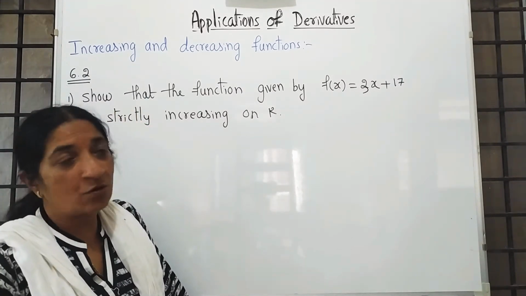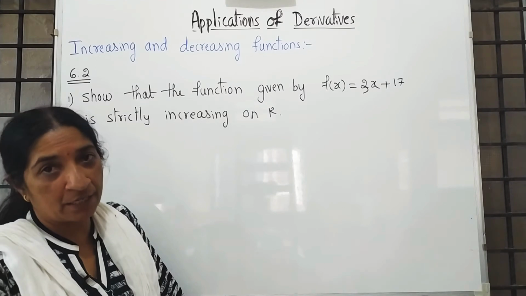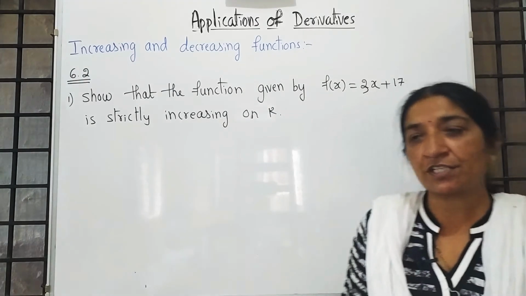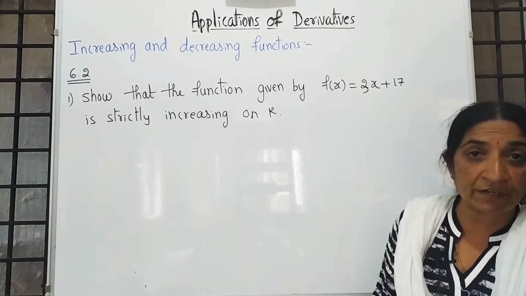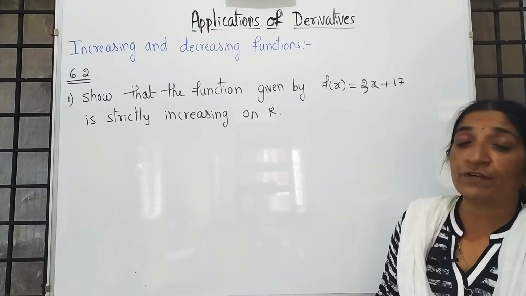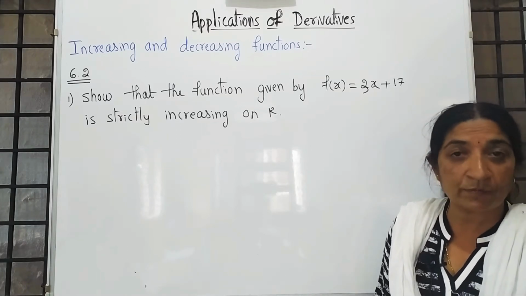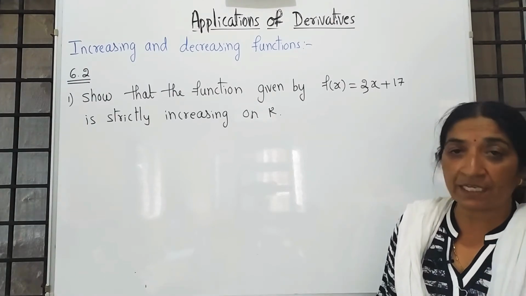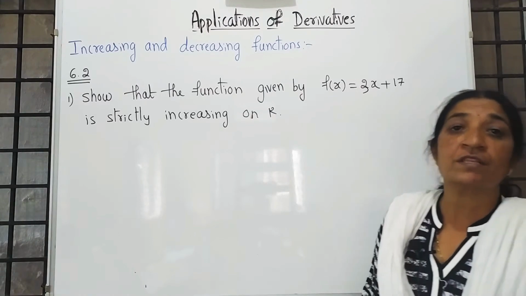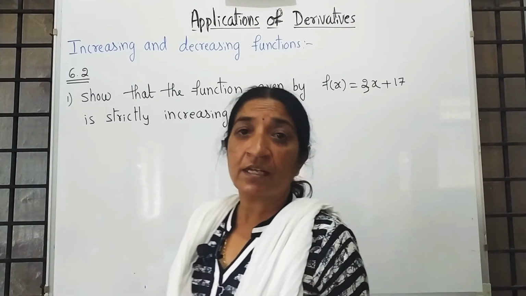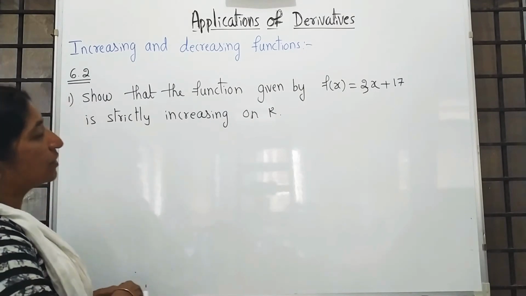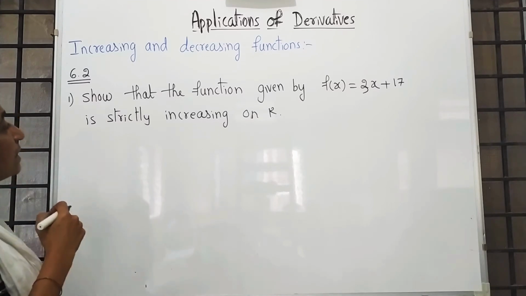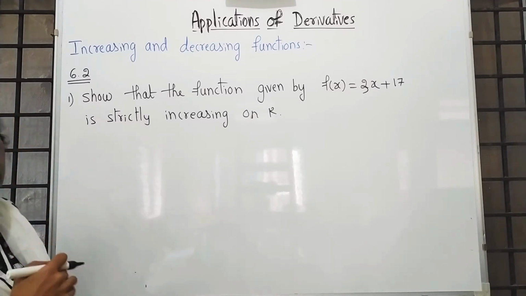So in the last class already I explained about the increasing and decreasing function. With the help of graph it is very easy to find which function is increasing and which function is decreasing. But with the help of derivative I gave the concept. If the first derivative is greater than 0, that means positive, then it is strictly increasing. If the first derivative is less than 0, that is the negative answer, then it is strictly decreasing. See the first one in exercise 6.2, already I explained so many examples. Now we will start with the exercise 6.2 from NCERT.